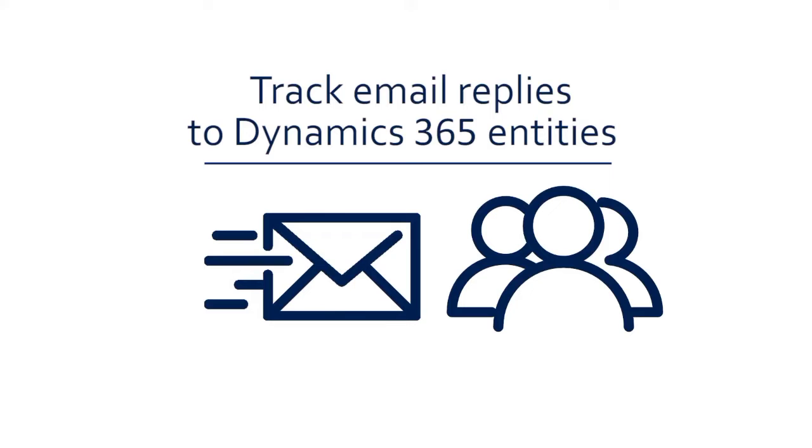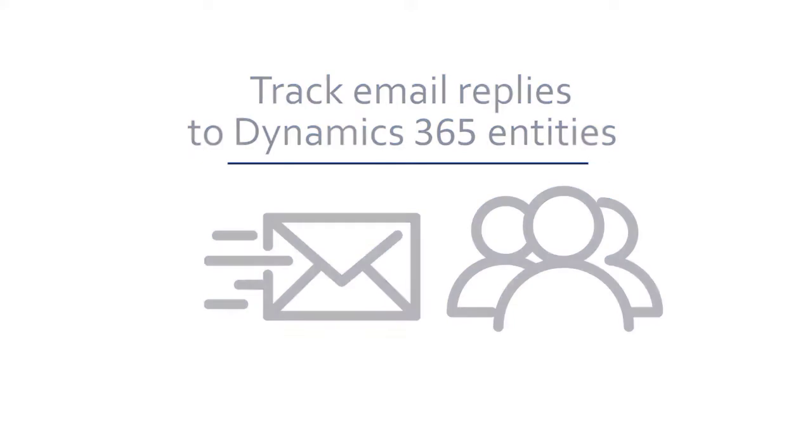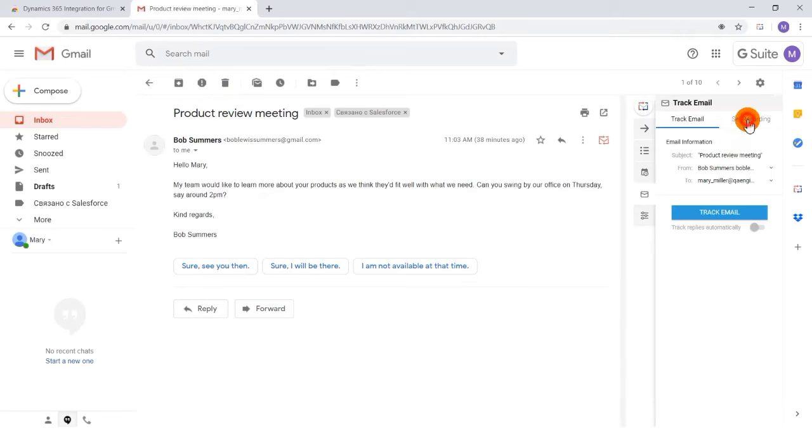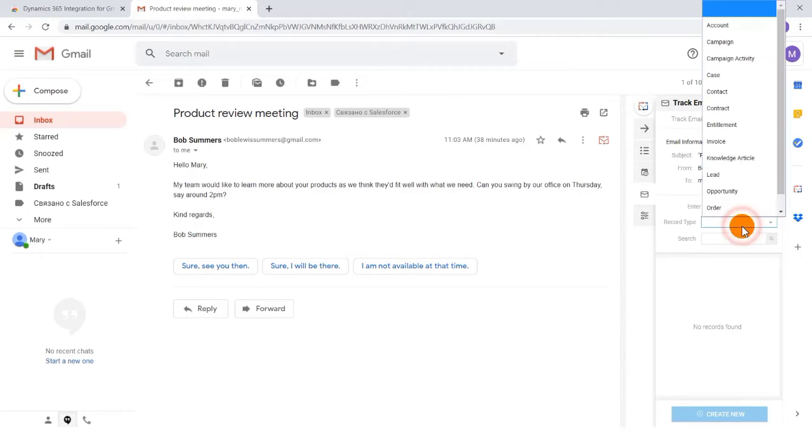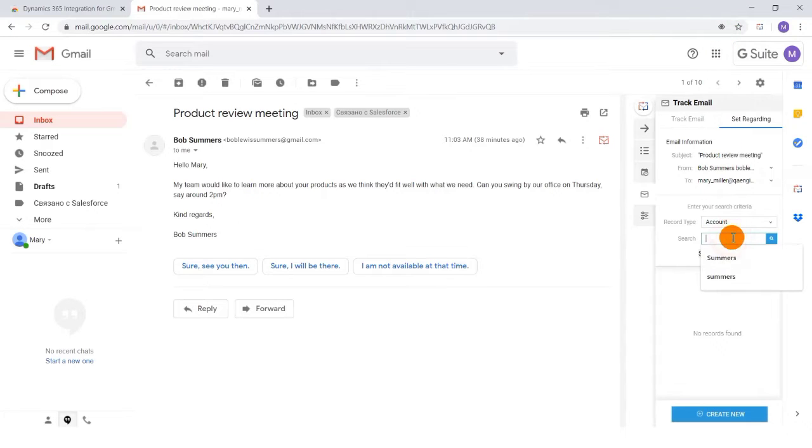You can also track emails to specific Dynamics 365 entities. To do this, click on Set Regarding before tracking the email. Choose the type of entity you would like to track against. We are choosing Account. You have the ability to sort these record types to make it easier to find the